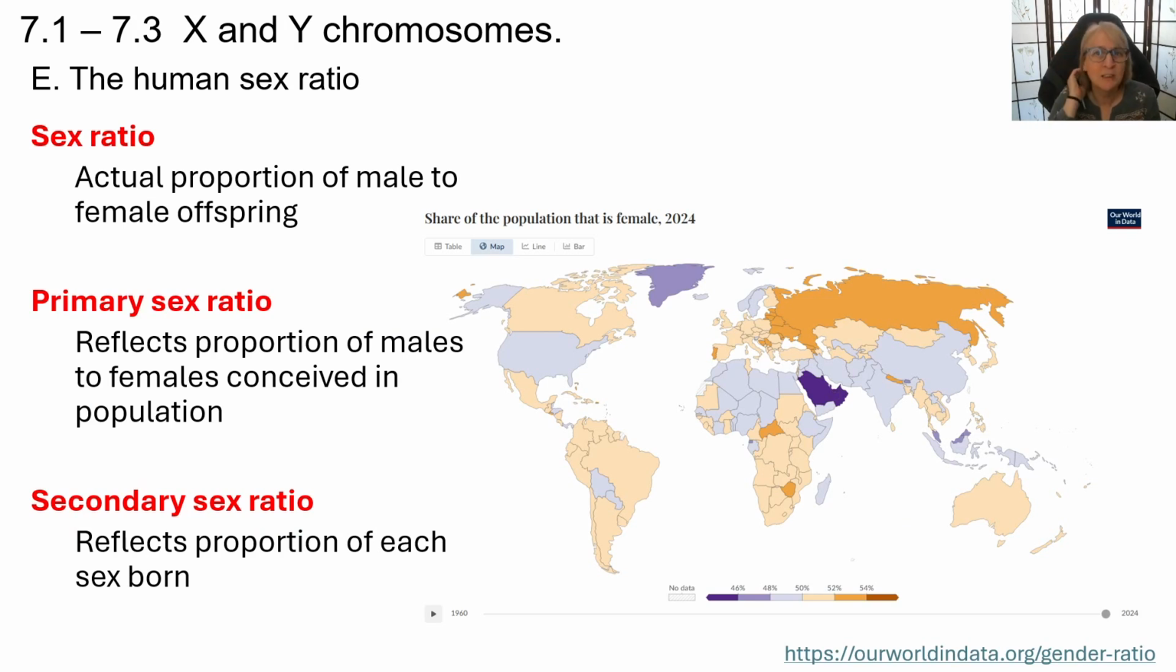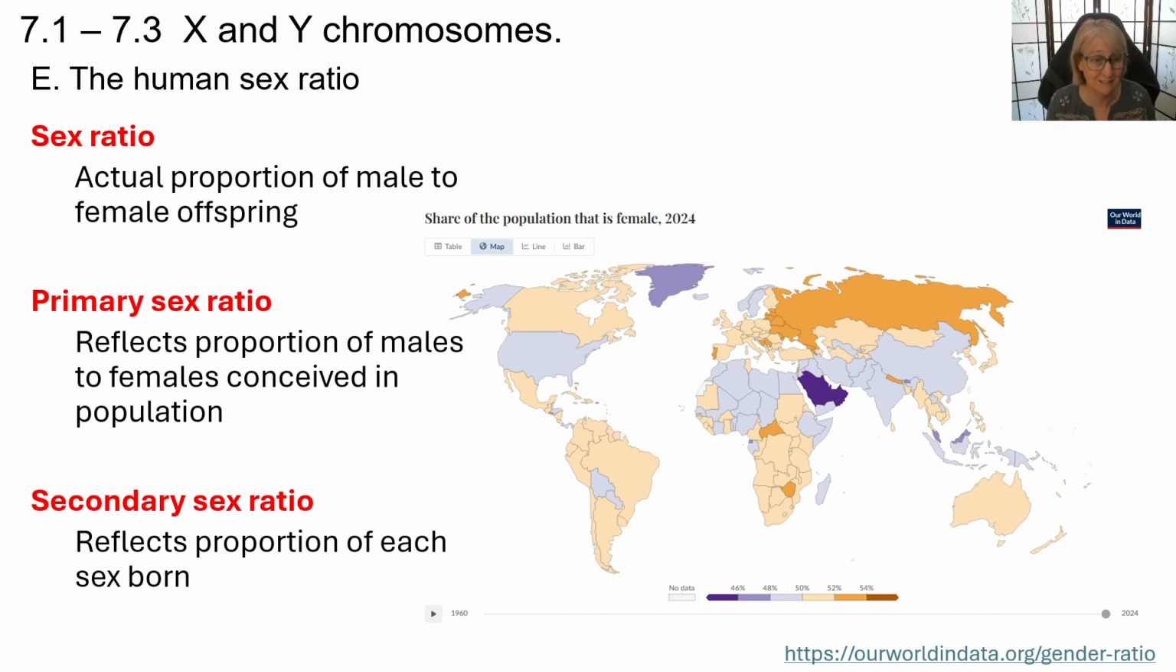Overall, the sex ratio of humans, despite all that complexity, is about 50-50. That's a bit of a lie, 50-50-ish. Your book presented the data from 1969. I went and got it from 2024. If you've never been to Our World in Data, it compiles census data and other information from all over the world. It's fascinating, you can rabbit hole on it all summer if you want. But the proportion of the population that's female varies based on where you are in the world